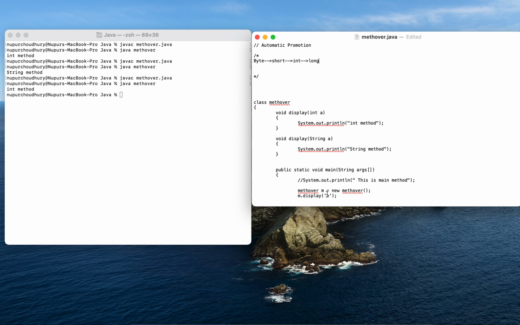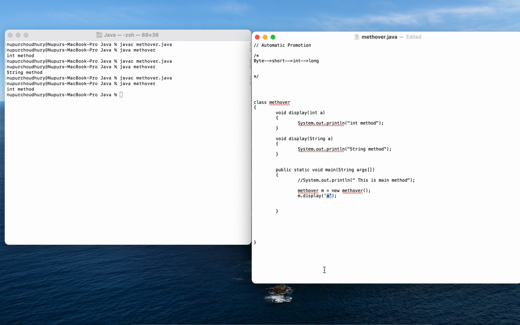Now suppose in this program I passed a character. But does any of the arguments in this method have a character data type? No, right? So since the matching data type is not available, the character would be promoted to the next data type which is available in the method, if at all it is available.